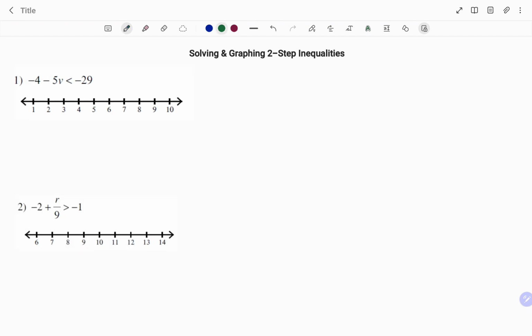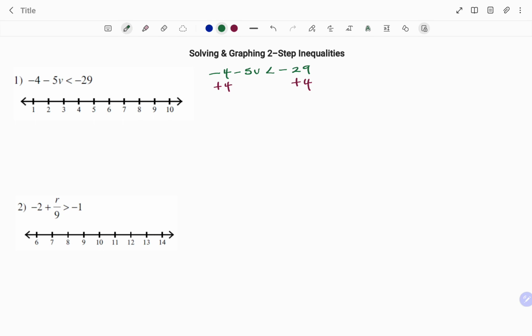In the first example, we have -4 minus 5v less than -29. I'm going to write that out here. So I have -4 minus 5v less than -29. Using the balance method, my first step is to take out my -4 from my left hand side to my right hand side, and I can do that by balancing the equation. That's to add 4 to both sides. If I add 4 to both sides,